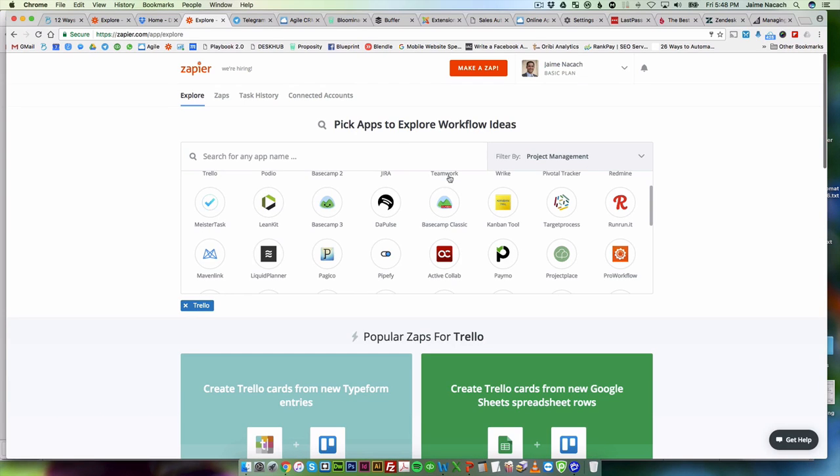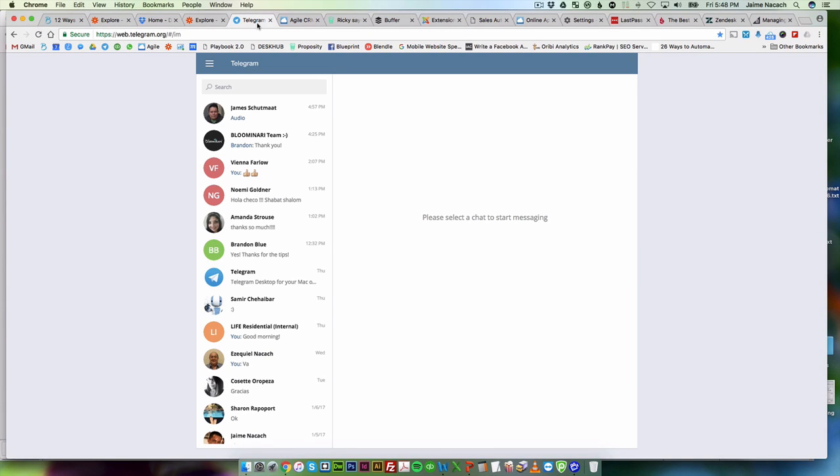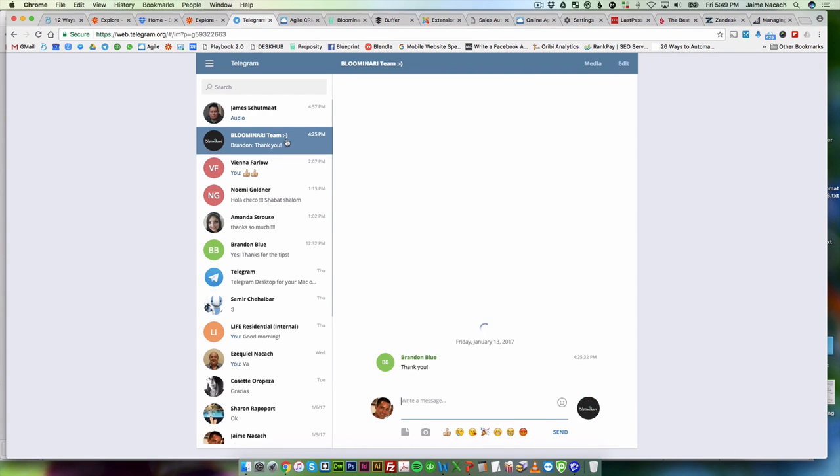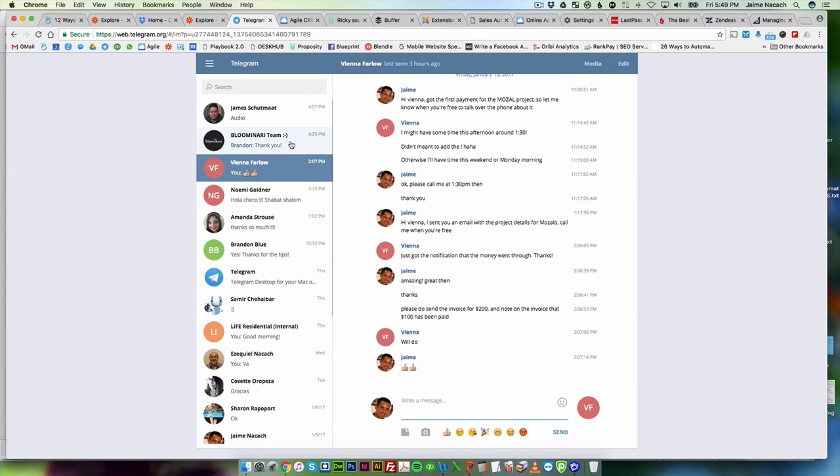So one of the very popular apps these days is called Slack. Slack is a program that is thought of as an internal business chat system. And it looks sort of like Instant Messenger or Facebook Messenger, where you can have a whole team there. In this case, I'm actually not showing you Slack, I'm showing you Telegram. Telegram is not exactly Slack, it is more like WhatsApp, and it has a web interface right here through web.telegram.org. In this case, for various reasons, we chose to leave Slack and start working with Telegram. And you can see here that I have all the different conversations with my different teammates, as well as actually a group